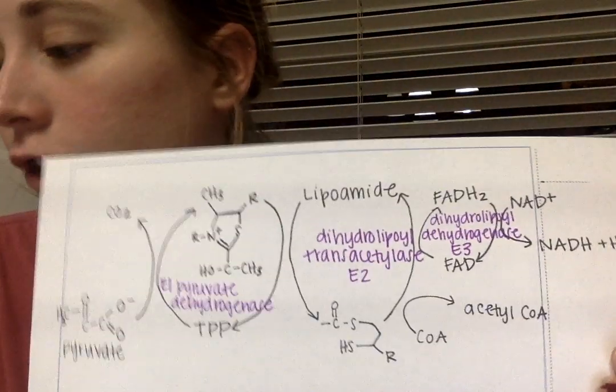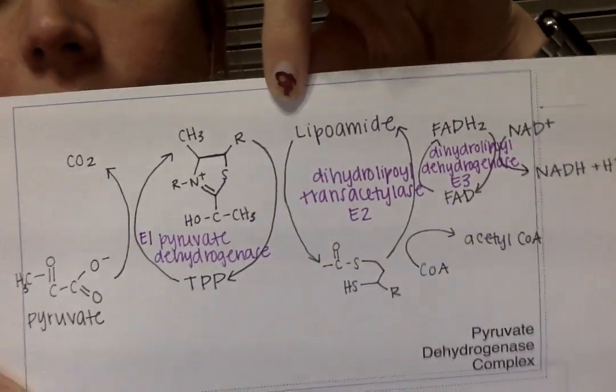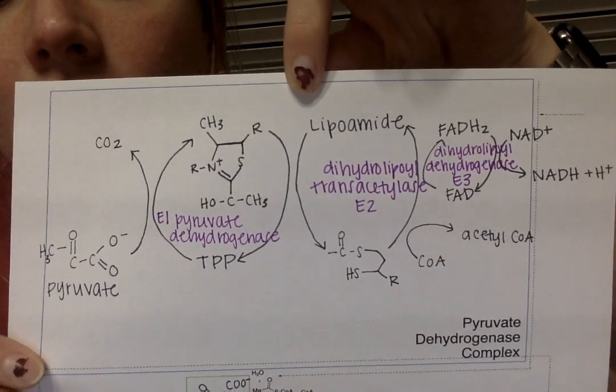So say you make 2 NADH. This is just a little bit more in depth of the complex reactions. So say you make 2 NADH in the mitochondria, you're going to have 5 total ATP from that NADH. Okay, and then, like I said earlier, the citric acid cycle, or Krebs, or